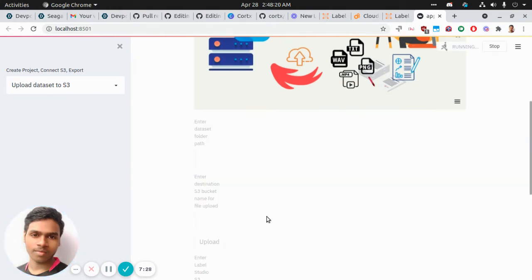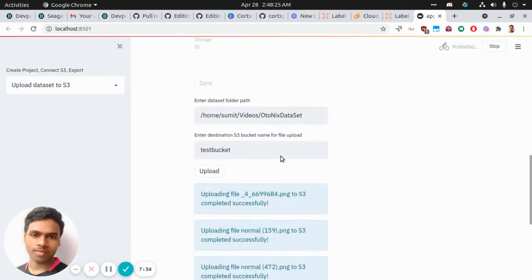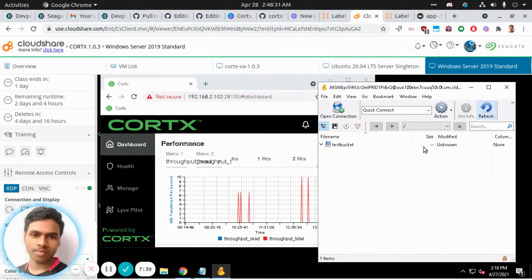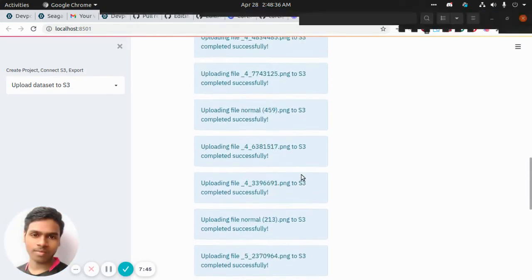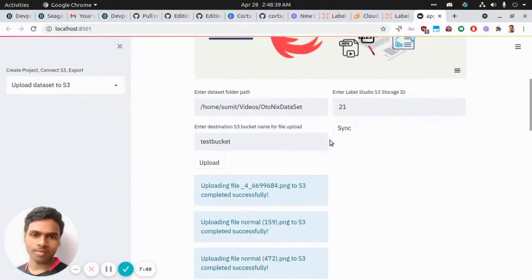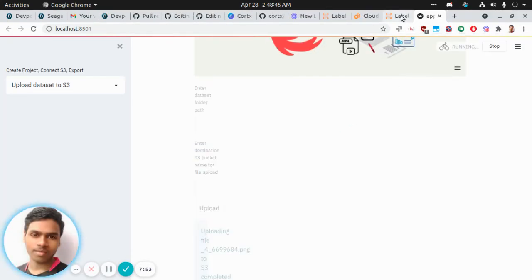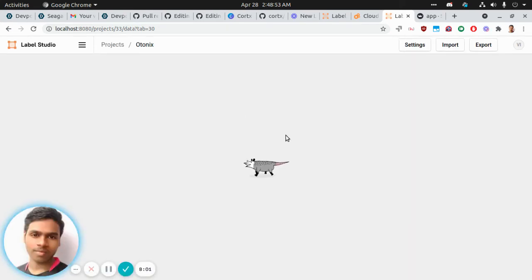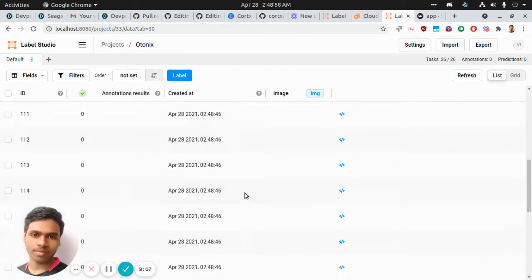Now create an upload. So it's uploading. It will take time because there are 20 files. So yeah, you can see upload is happening now. Upload has been successfully done. So now it's very useful to sync it. So you can complete the sync. If everything goes well, your sync is working. So let's refresh it. So it is going to sync. Yeah, every data is synced now. You can see the timestamp.